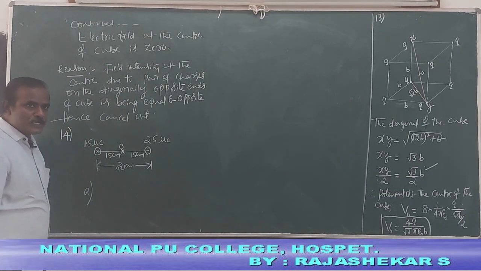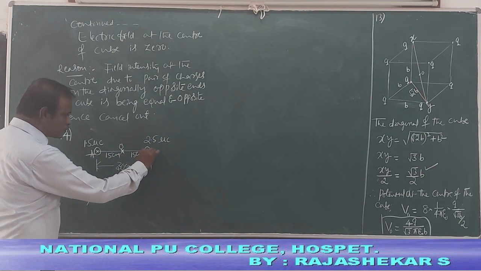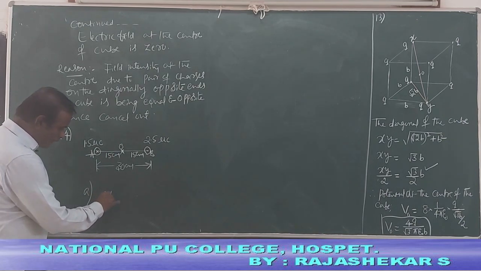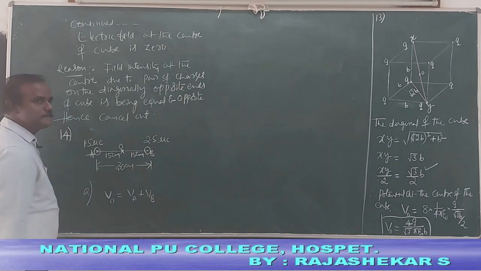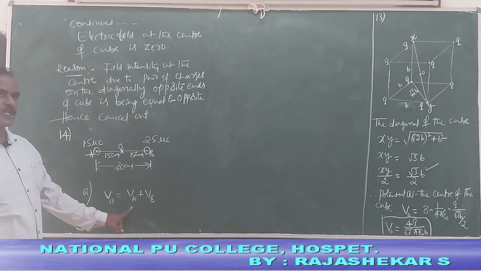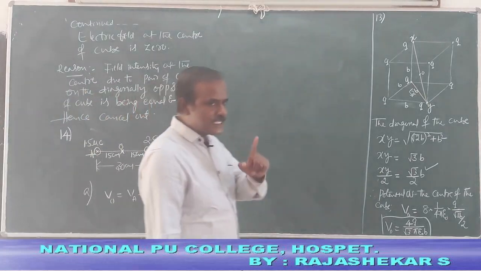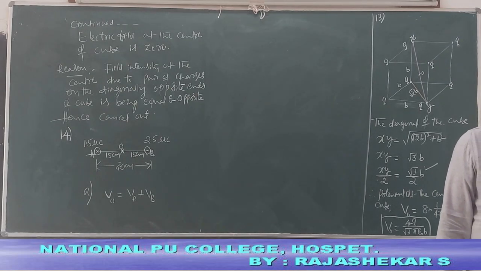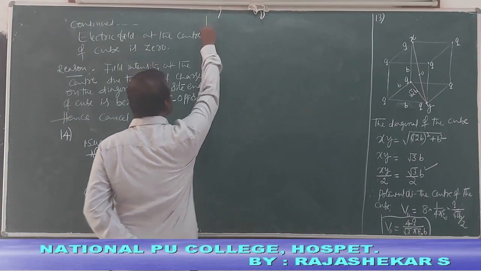first let us calculate potential at the midpoint. For simplicity, let us call this is point A, position A, and this is position B. So the potential at O midpoint is equal to potential due to charge at A plus potential due to charge at B. Simple. Potential due to charge at A and potential due to charge at B, algebraic sum, and both are carrying same charges. I mean like charges, unequal and like charges given. Hence, we continue to write here.